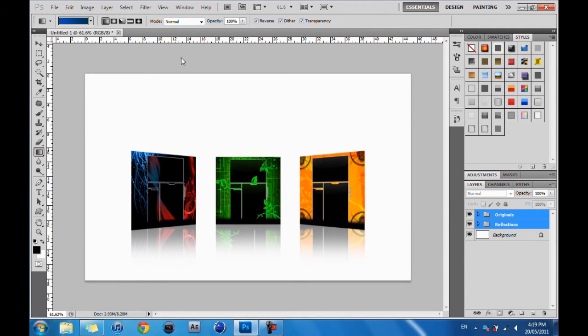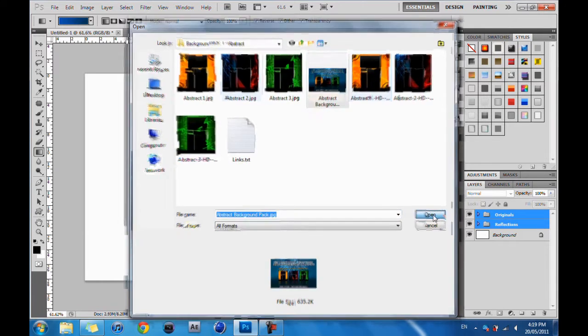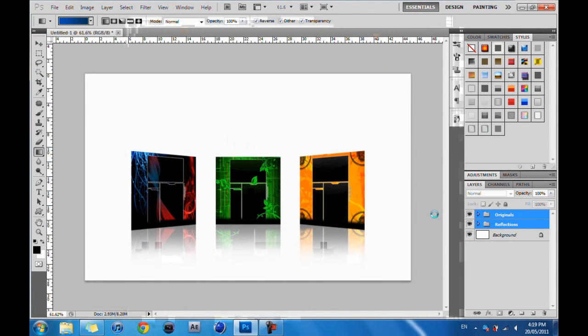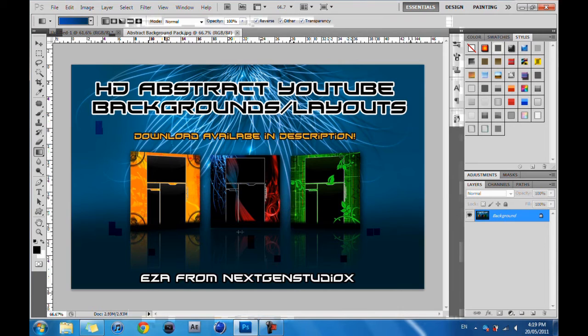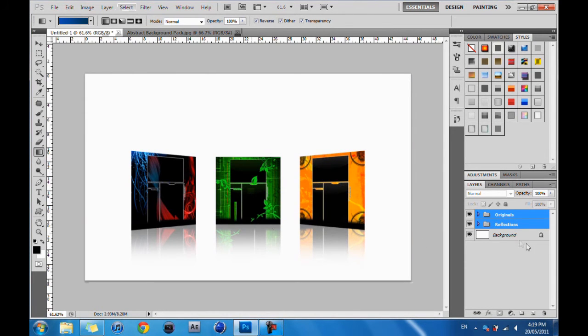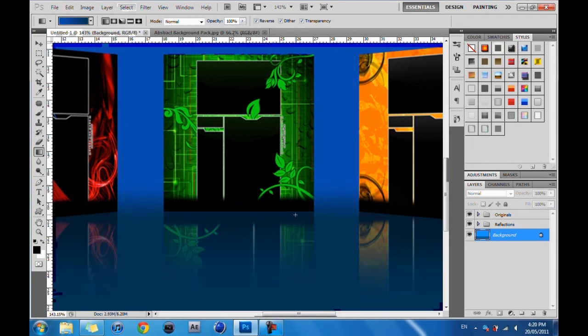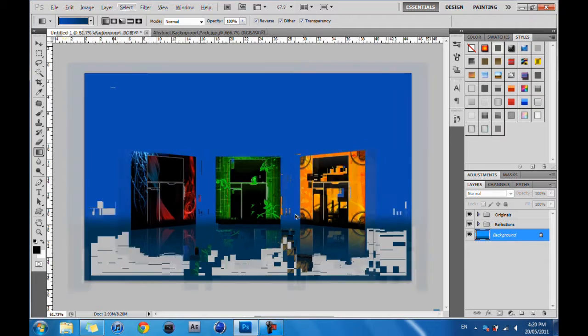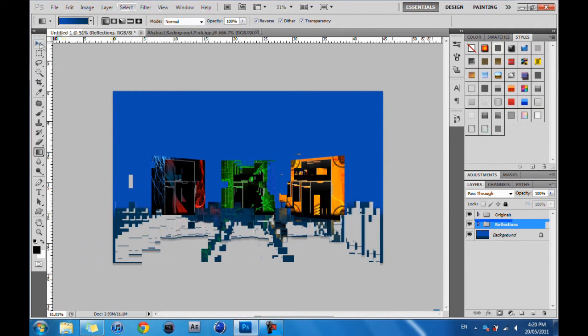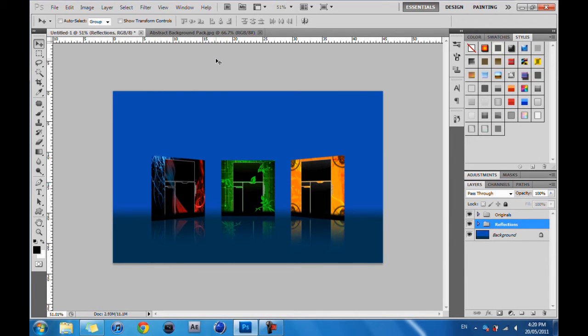So let's see how it was done on this one. So it was done just above the pictures. Okay, so we're going to do that like so, and then move the reflections down a little bit. Okay,